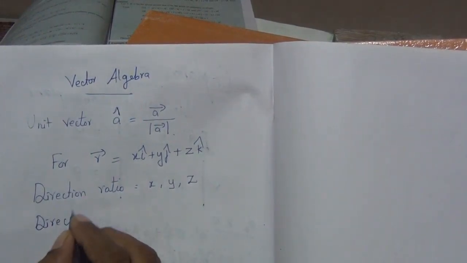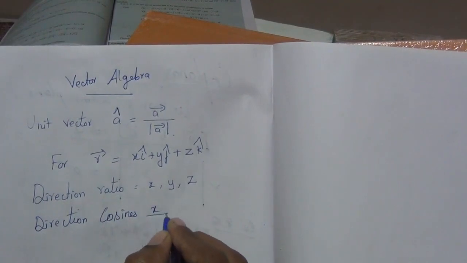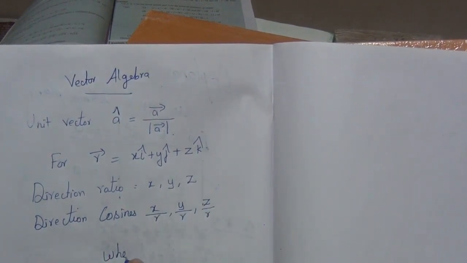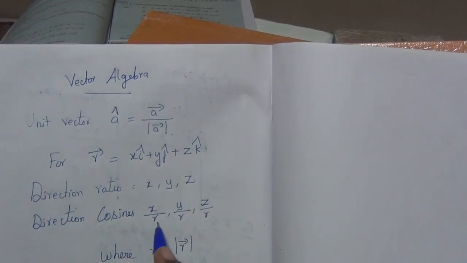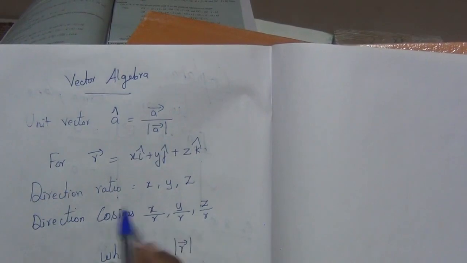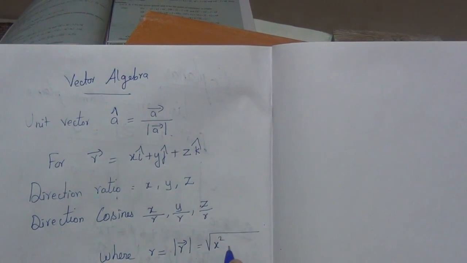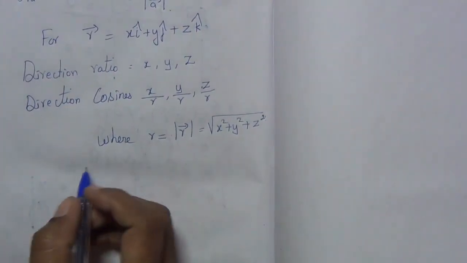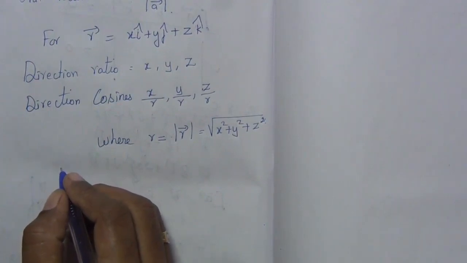Again, the direction cosines are x by r, y by r, z by r, where r equals modulus r vector, that is only the value of r. We need only the magnitude, not the direction. So modulus r vector we need to find, that is square root of x square plus y square plus z square. And using this, we learned some results: